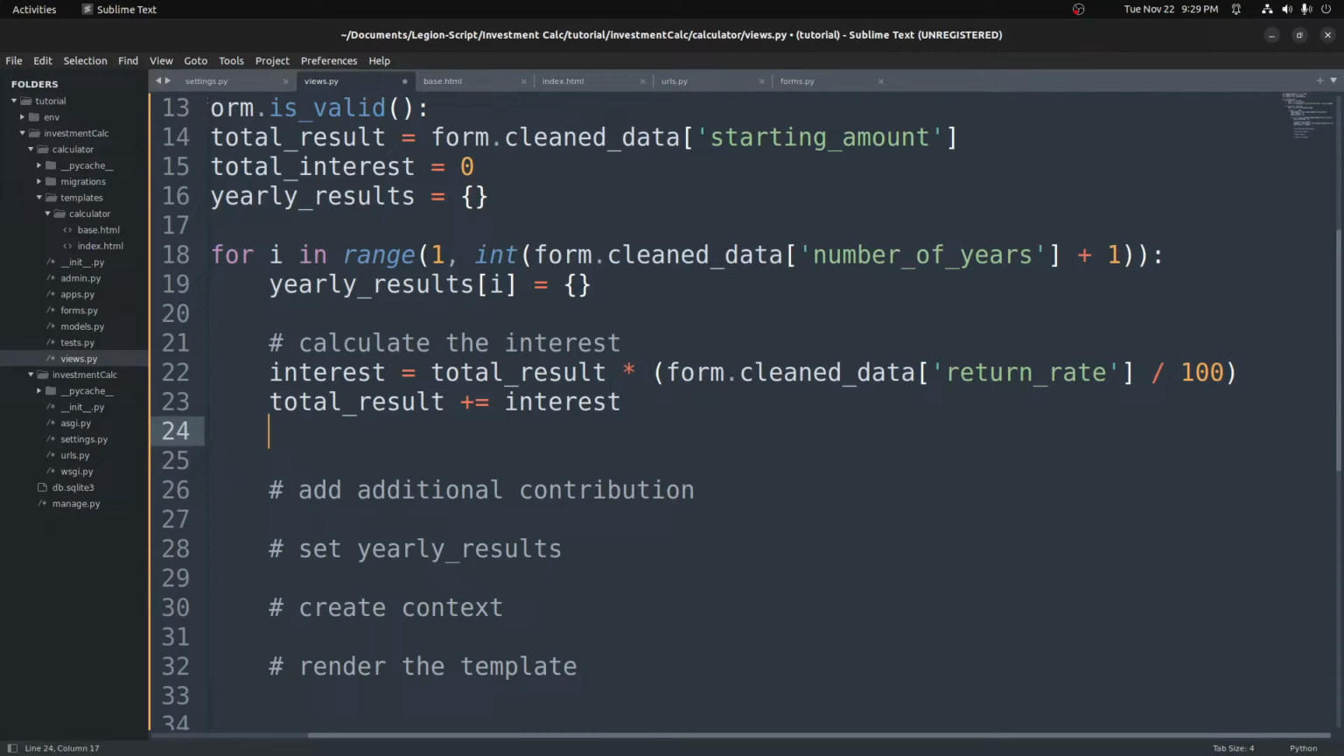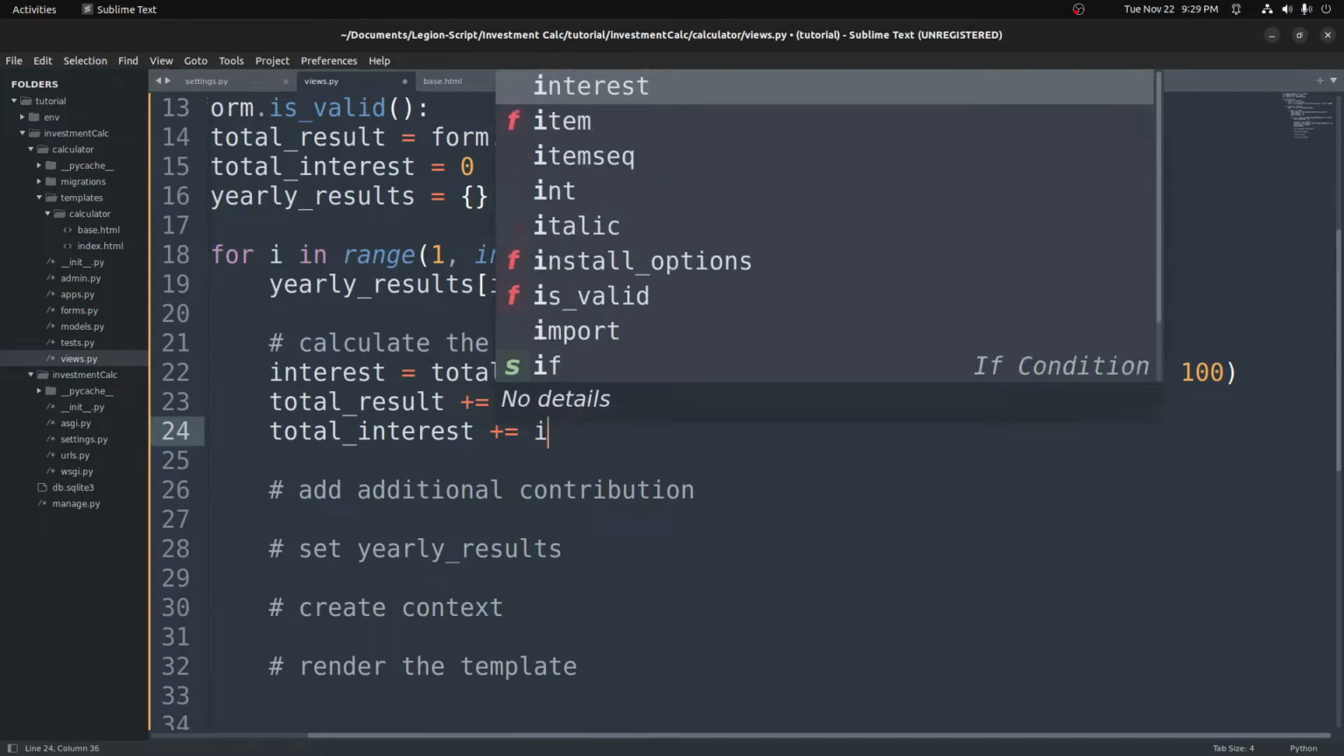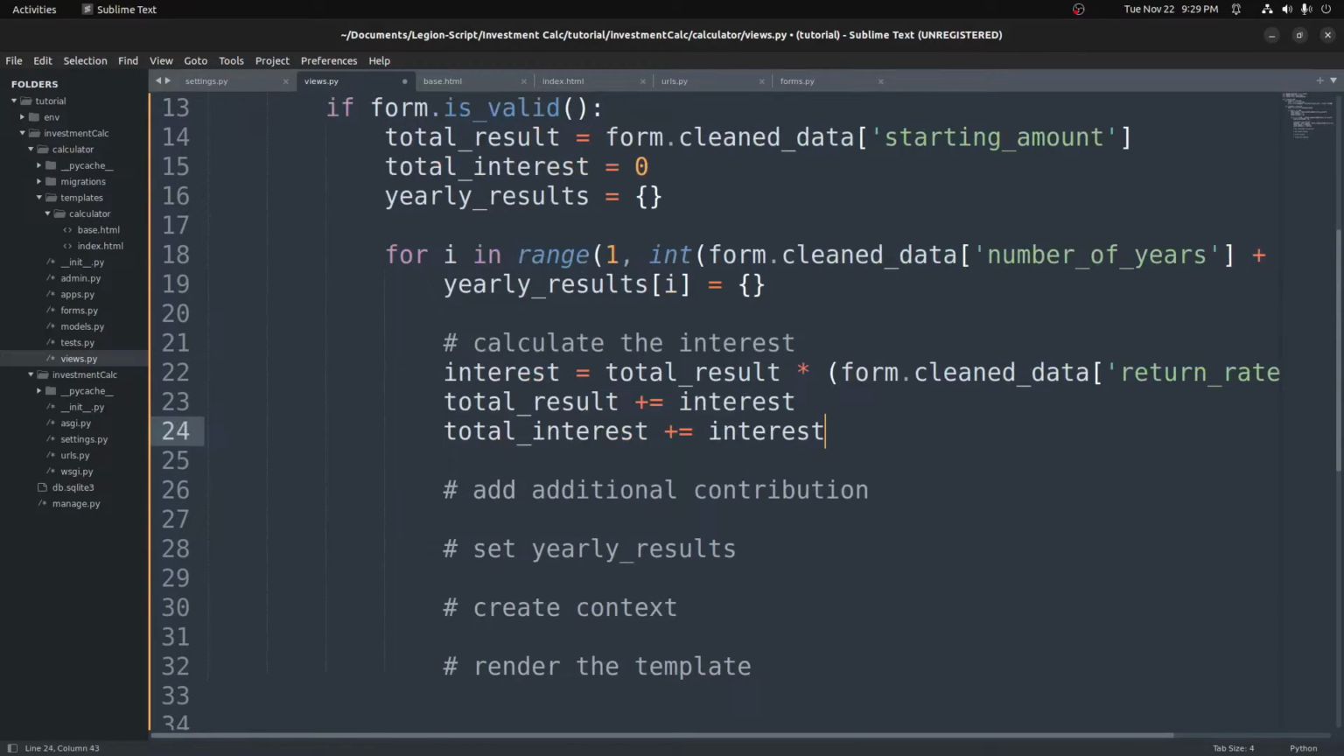We also want to add this to our total interest value as well. Total interest plus equals interest. So now we have our total amount and our total interest up to this point. Now with that done, we need to go ahead and calculate any additional contribution that we added in our additional